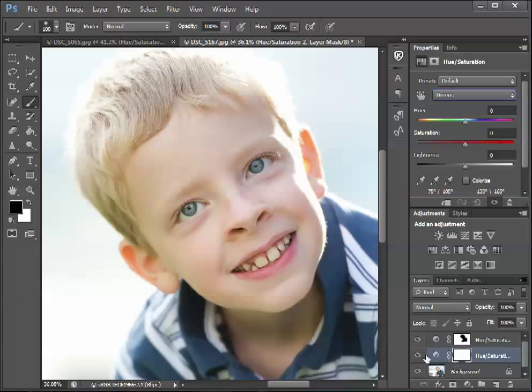And now I did put this on a new hue saturation layer. You could put it on the old one, but this allows me more flexibility if I want to fade it out by lowering the opacity or making other changes to it where I know it's not going to affect this change that I did for this area. Plus I can select just this area if I want to do more distinct masking and stuff. So I've got it selected to greens. I'm going to move this to the side,